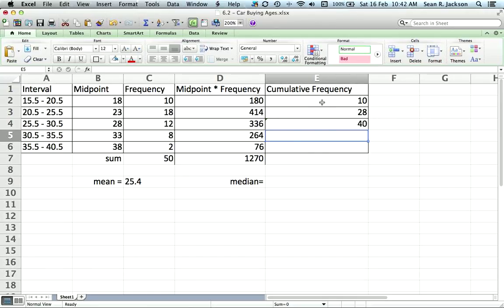Is there a way to do this so I could autofill down? There is, because if I had, let's say, 15 intervals, I wouldn't want to do this by hand. So let's go back to the first one, Mr. Jackson, and I'll show you how we can do that. If we clear that and we do equals sum,